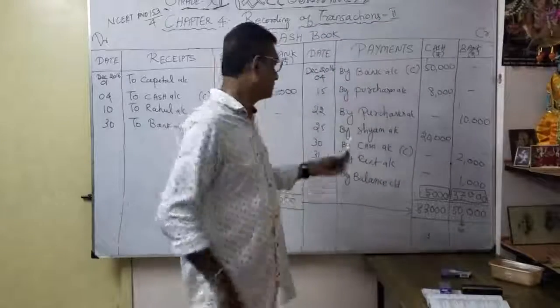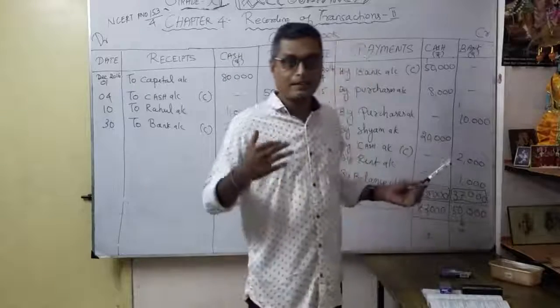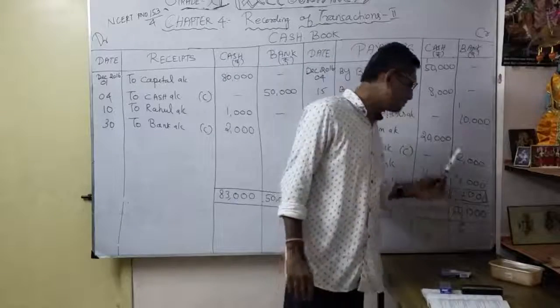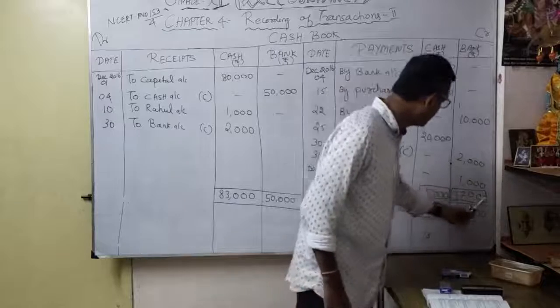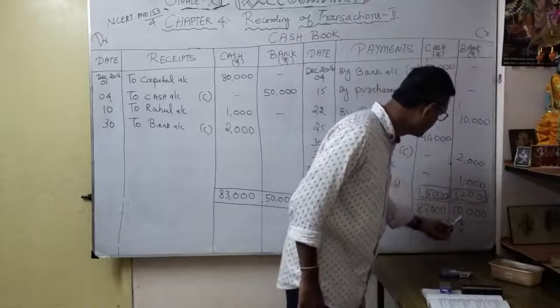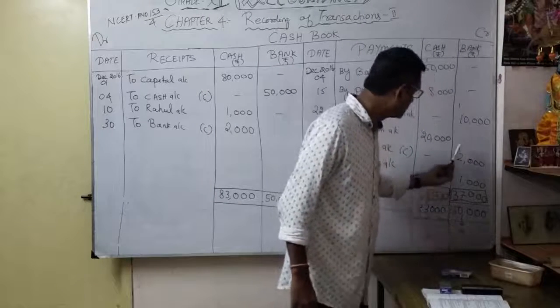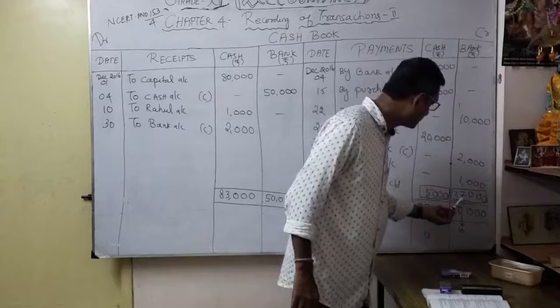Right now, end of the month, 31st December, by cash in hand, 5,000. By cash at the bank, 37,000. This I repeat once again. Here everything 0, I put 0 here. So here 2, so here 0, so I consider it as a 10. So difference is what? 2 plus 1, 3 plus 7, 10.